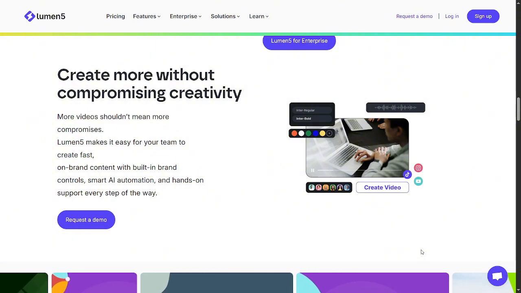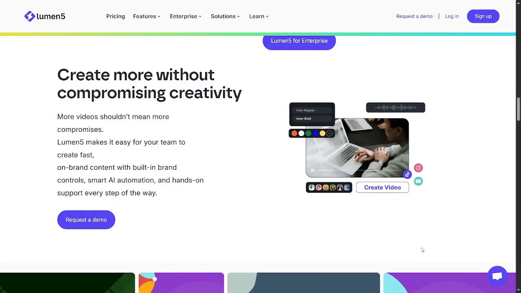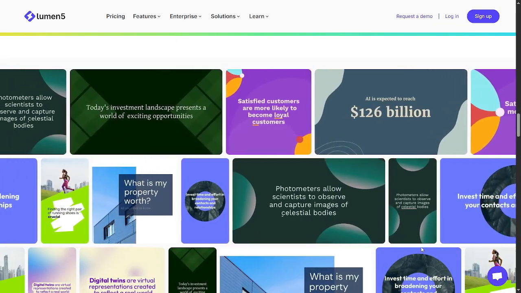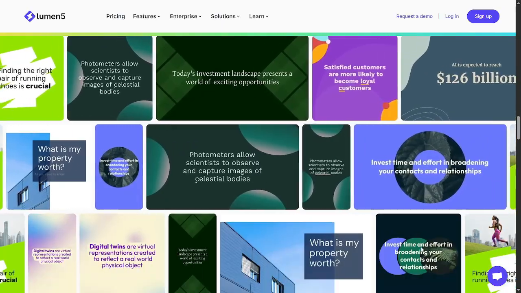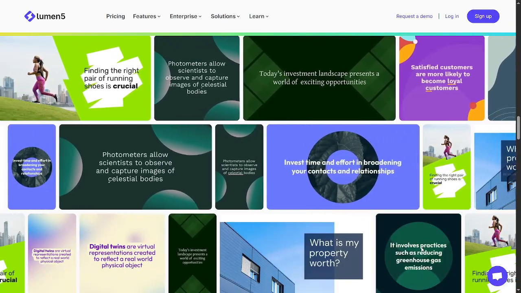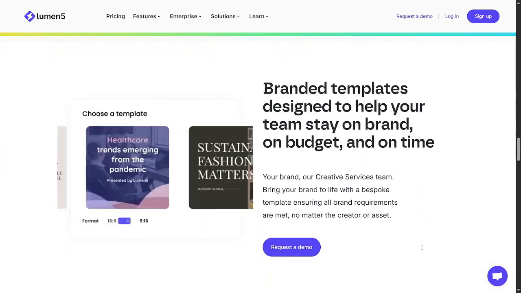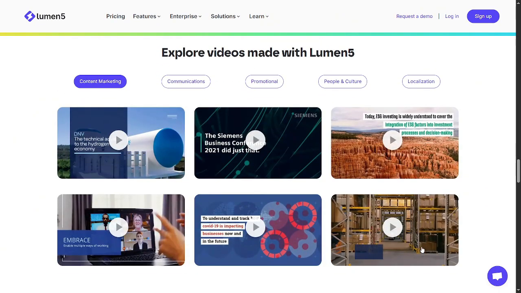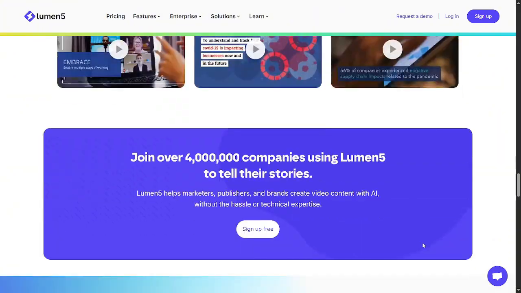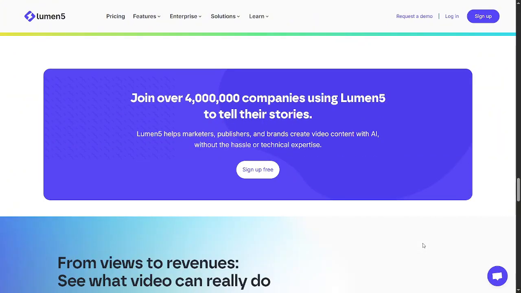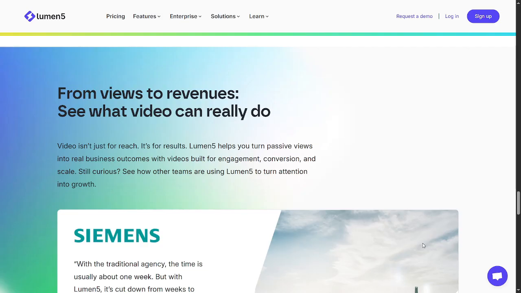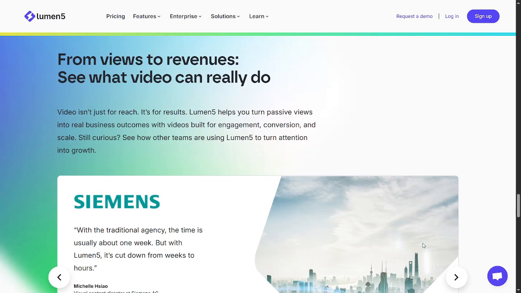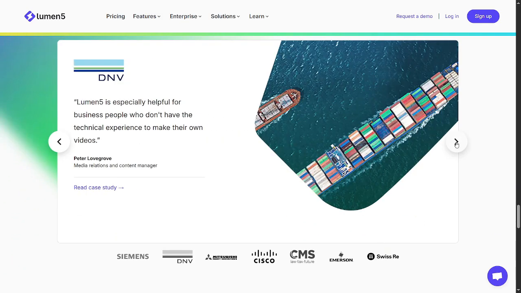The interface feels clean and visual. You can drag and drop scenes, change colors, swap clips, and adjust timing all from one screen. What makes Lumen5 special is how smoothly it handles storytelling. It breaks down your text into short, readable pieces that flow like a social video, making your content easy to watch and understand. The AI handles most of the heavy lifting, but you can still edit everything if you want